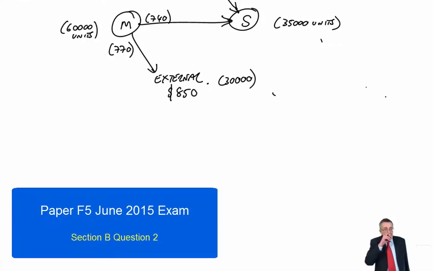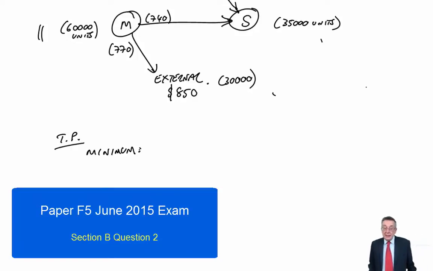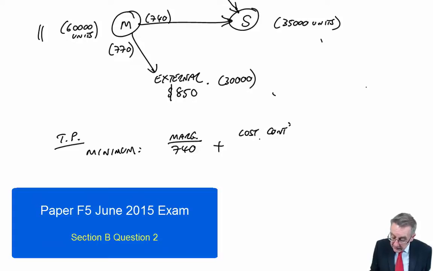Well, let's go through. Now, I'll do it the way, effectively, I do it in the lectures. It doesn't make any difference. We need to know both the recommended transfer price and where M is better selling, how many external, how many to the other division. And because we've limited capacity, if they choose to sell to S rather than externally, then the transfer price, the minimum that they'd be prepared to charge, always would be the marginal cost. Well, if they're selling to the other division, the marginal cost we had before is 740, together with any lost contribution, because every unit they sell to S is losing them a unit that they could sell externally. So the lost contribution, because they wouldn't be able to sell externally,